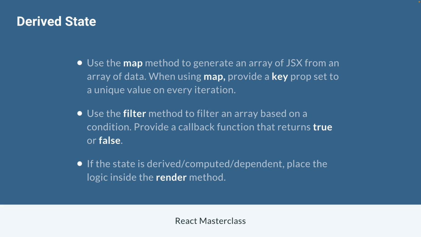So if your state is derived, or in other words, computed or dependent on something else, the best place to place that computation, that additional logic, is inside the render method, because you know that the render method will rerun whenever state changes, and thus you can use that as the perfect location to isolate that new computation, which will be up to date anyway, because it's going to have the most up-to-date version of the state in order to